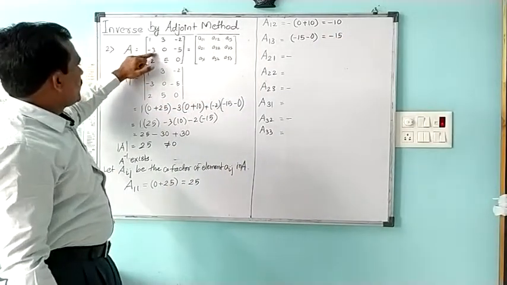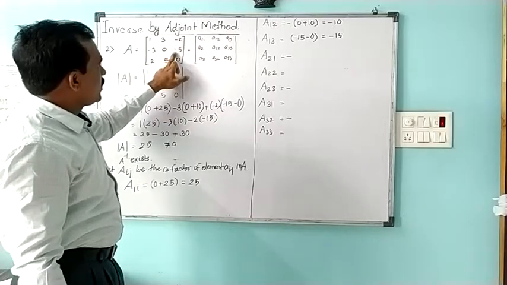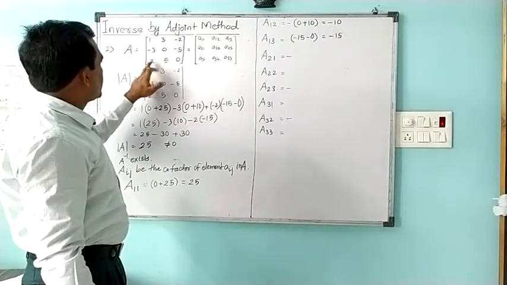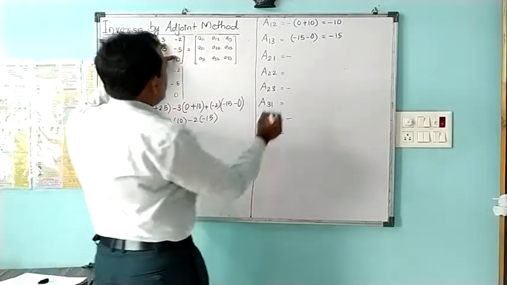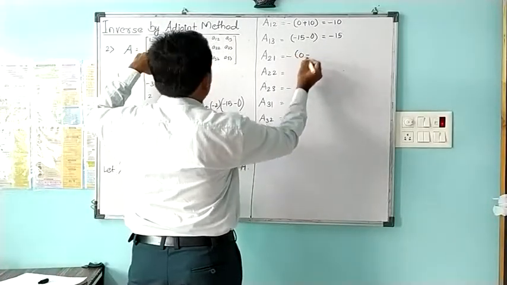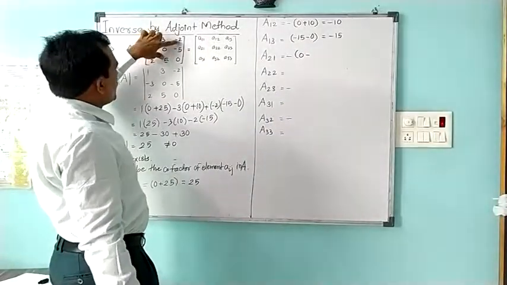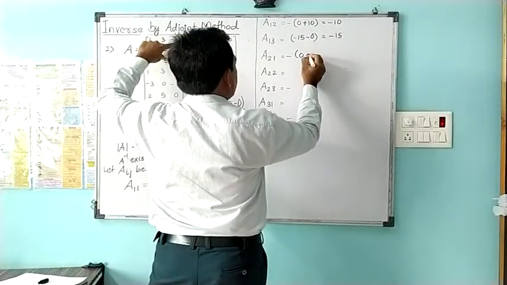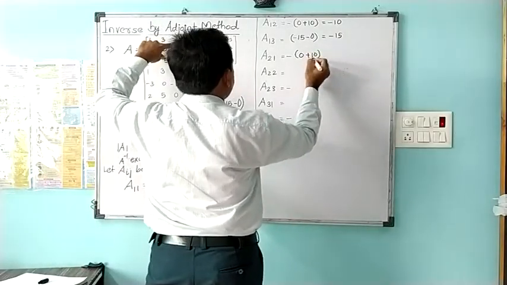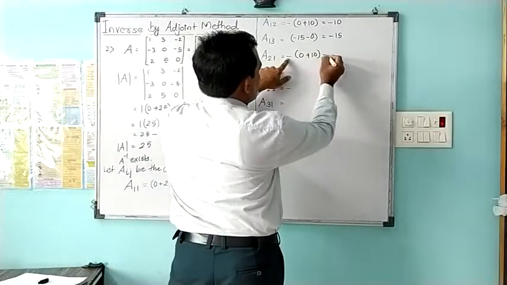Now select row number second with column number first. So eliminate row number second with column number first. We will have these 4 elements, and the cross of the first numbers is 0 minus the product of the remaining two numbers, which is -10, and with this minus it is +10. So this 10 with minus sign is -10.